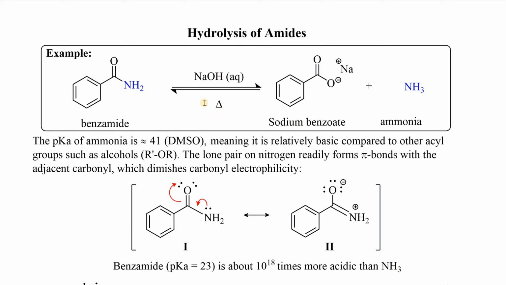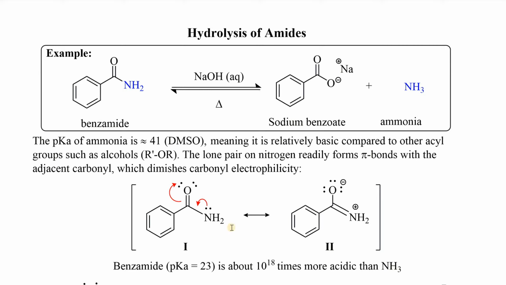So here we have benzamide, and we're doing a base hydrolysis here with heat to form sodium benzoate and ammonia. So essentially what we're doing is transforming the amide into the carboxylic acid, or carboxylate in this case, and the free amine, which may or may not be protonated, depending on the conditions. So in DMSO, ammonia has a very high pKa of 41, and when attached to carbonyls to form the amide, it drastically changes the behavior of this acyl compound compared to esters, carboxylic acids, and more extremely compared to acyl